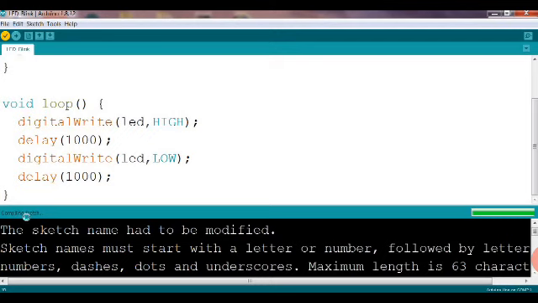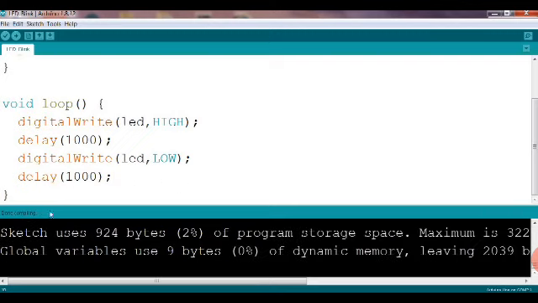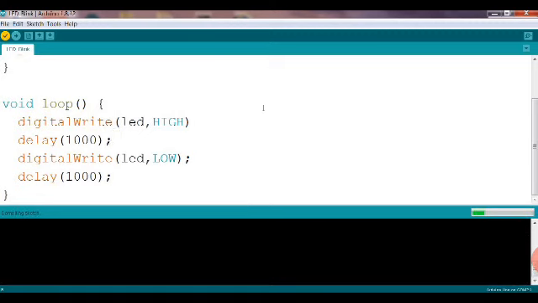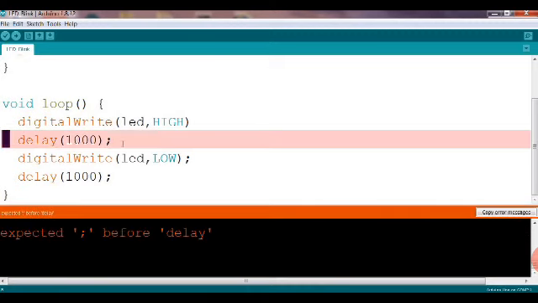Okay, so the first time it takes some time to check the error. So it is still compiling. Compiling the sketch means checking the program line by line. If it finds any problem anywhere, it will tell you, otherwise it will just say done compiling, which means there is no error. So you can see now done compiling means there is no error. And if we delete even a semicolon, you can see it will show the error.